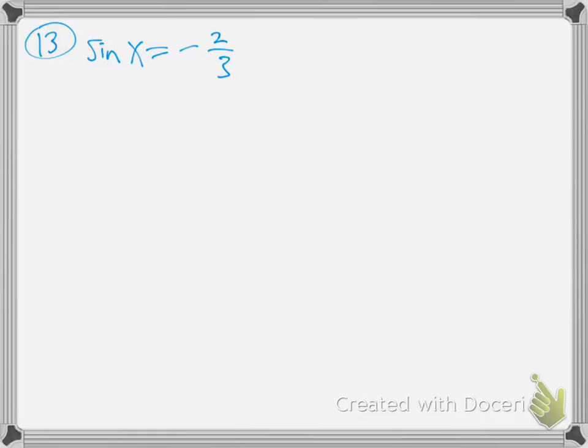Okay, so sine of x is negative 2/3. This is number 13 in section, it's what? It's 3.5, the harder ones, right? There was 3.5, the easier, and there was 3.5, the harder. This is 3.5, the harder. Okay, so